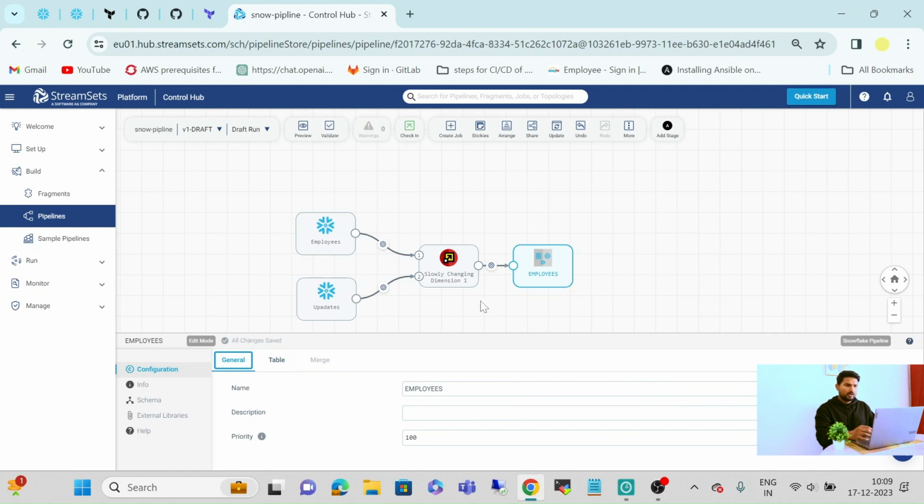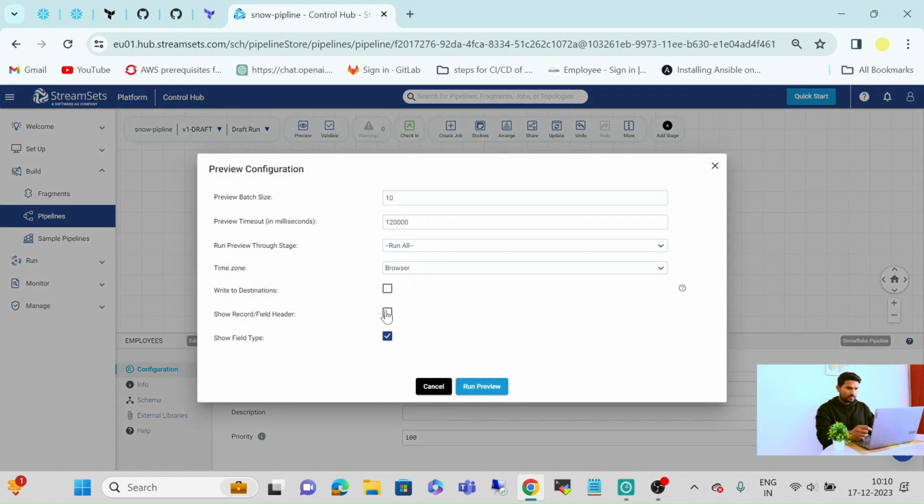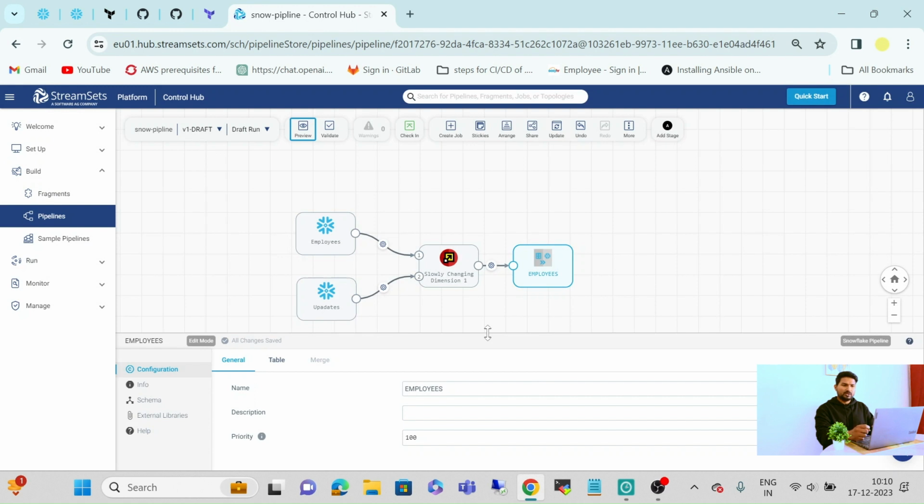Okay. So our data pipeline has been successfully generated. Now we are going to see the preview. So click here on the preview and configure preview. Okay. But before that, one more thing, we have to configure our slowly changing dimensions table.